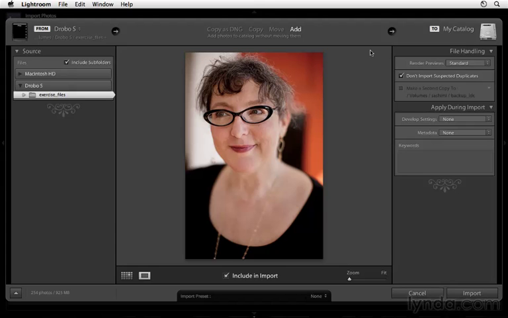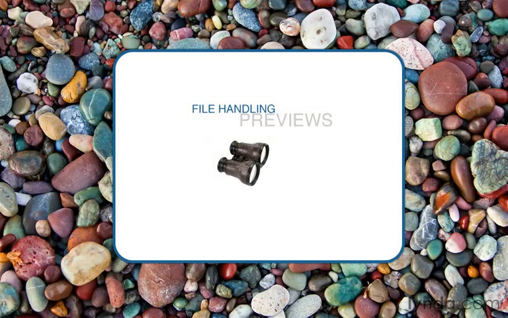When importing photographs, one of the important options to consider is your render preview. Now, as I mentioned, you can open up the file handling panel and you can view your render previews. There are four options here: minimal, embedded and sidecar, standard, and one-to-one. So what I want to do here is navigate to a slide which will help us demystify how to actually